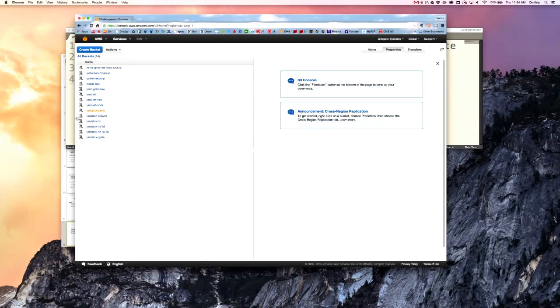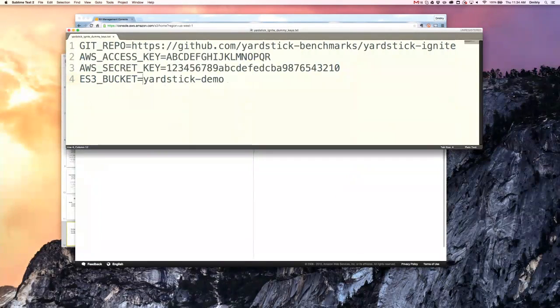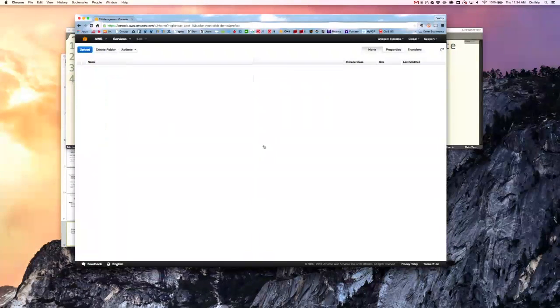and look. If you remember, we configured the bucket to be Yardstick demo. So this is our bucket. We ran Hazelcast benchmarks, we ran Ignite benchmarks. Whenever Yardstick notices that you have 2 benchmark results in the same S3 bucket, it will generate, on top of individual graphs, a comparison graph, which is very convenient because now you can look at the comparison graph. And you don't even have to download it, you can look at it directly in